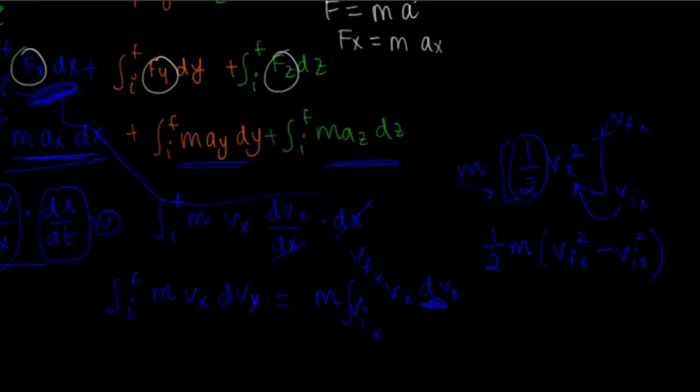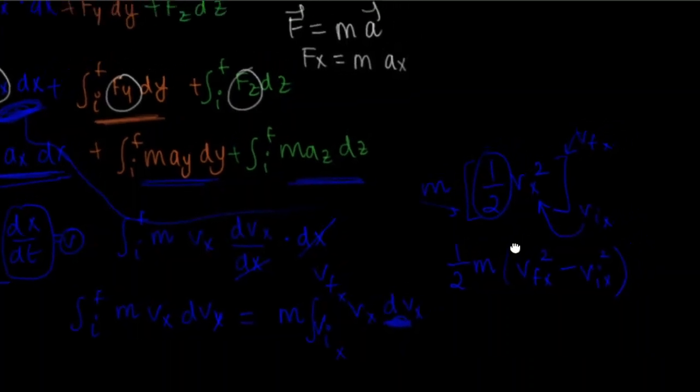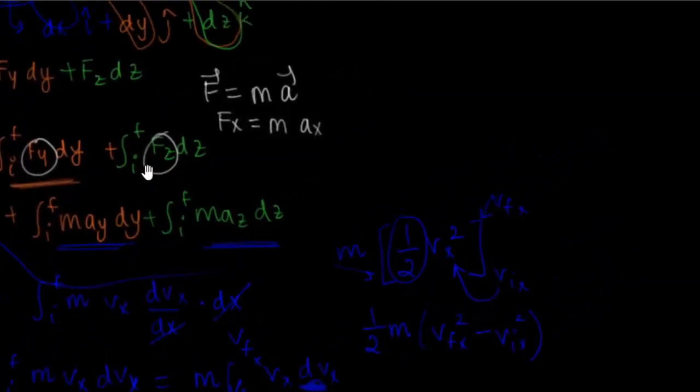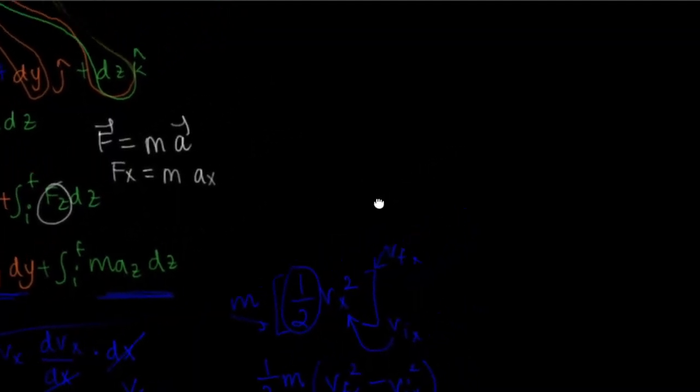If you do that same for the y component, then you would just arrive at the same result, except for the fact that now instead of x's, you will just write y's. And similarly, you will do that for the z direction, since you're just dealing with one-dimensional motion when you're taking components. So in the end, that will reduce down to, for the x component, you'll have 1/2 m times v_fx squared minus v_ix squared,